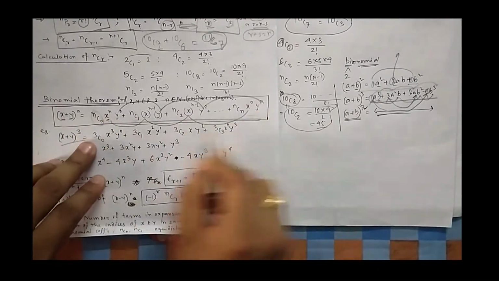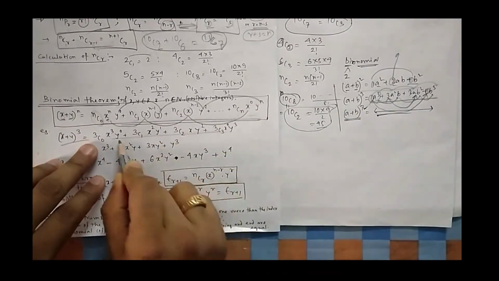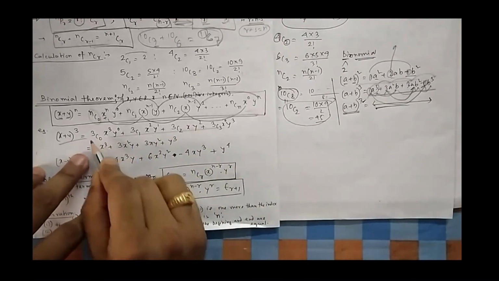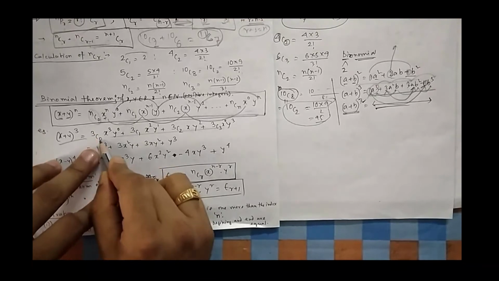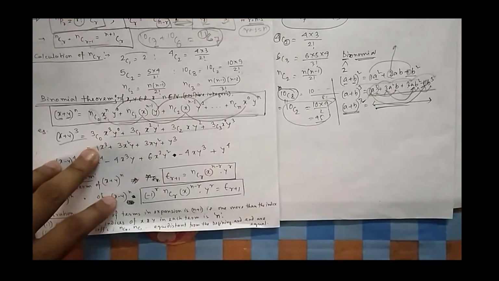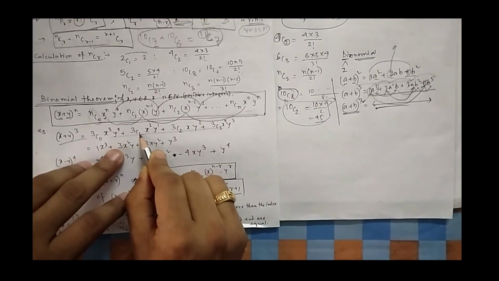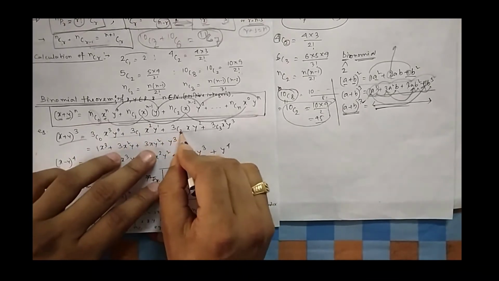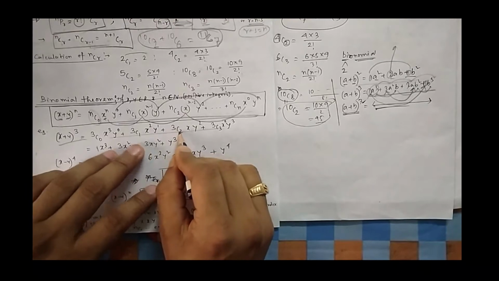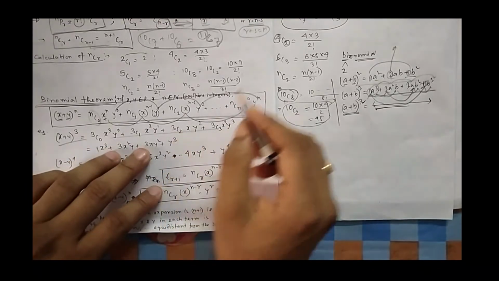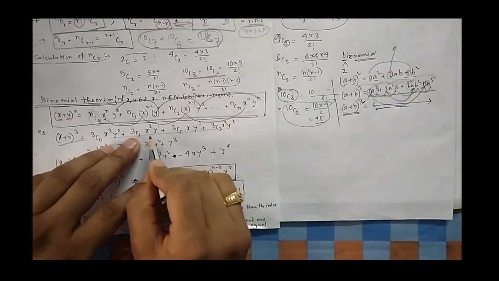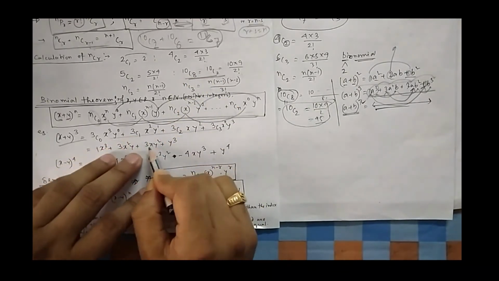One expression I have written is (a + b) whole cube, using this binomial theorem that you have learned till now. That is 3C0 x cube. 3C0 is 1. You have to select 0 out of 3, that is only one way. 3C1: out of 3 you have to select 1, so 3. For 3C2 you can use this property: selecting 2 out of 3 is nothing but selecting 1 out of 3, the property that 10C8 equals 10C2. So 3C2 will be equal to 3C1, which is 3.